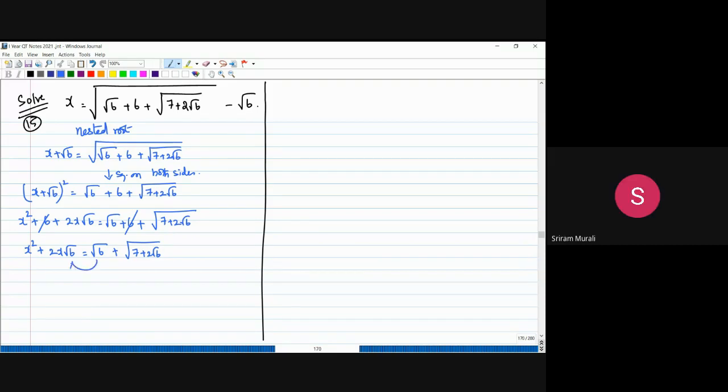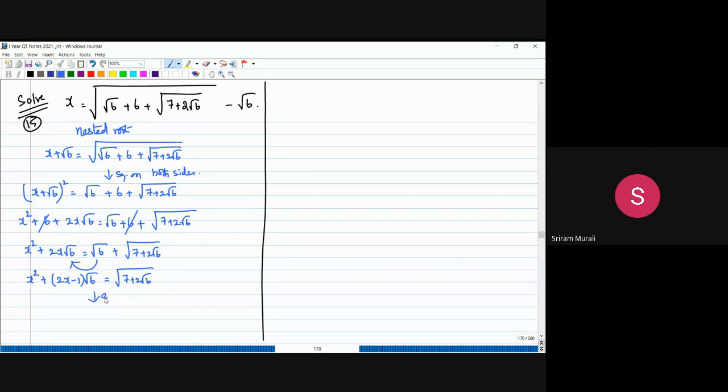Now you bring this root 6. So x square, if I bring this root 6 to this side, is it not 2x minus 1 into root 6? The root 6, if being brought, it will be minus root 6. If minus root 6 is a common factor, is it not 2x minus 1? Yes, sir. Why are we doing this? Again we square on both sides, because if it is exactly one square root, it